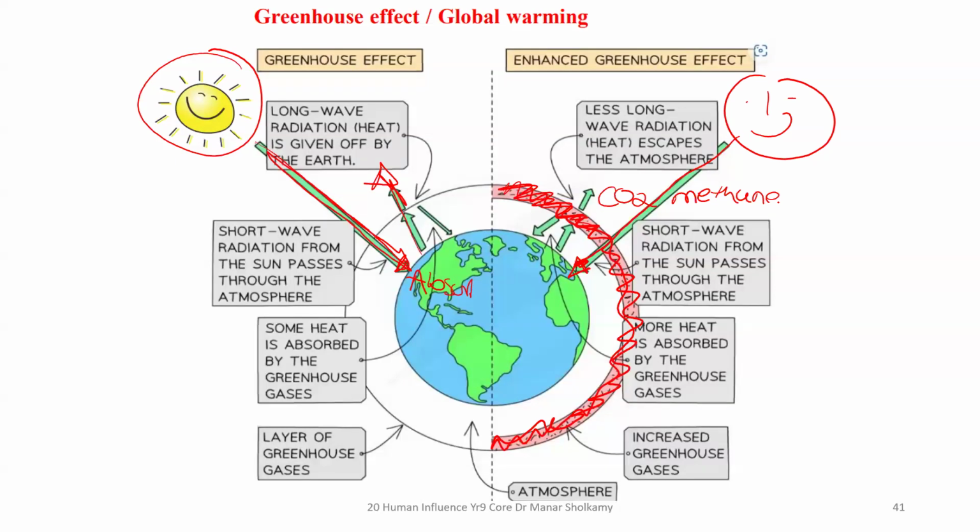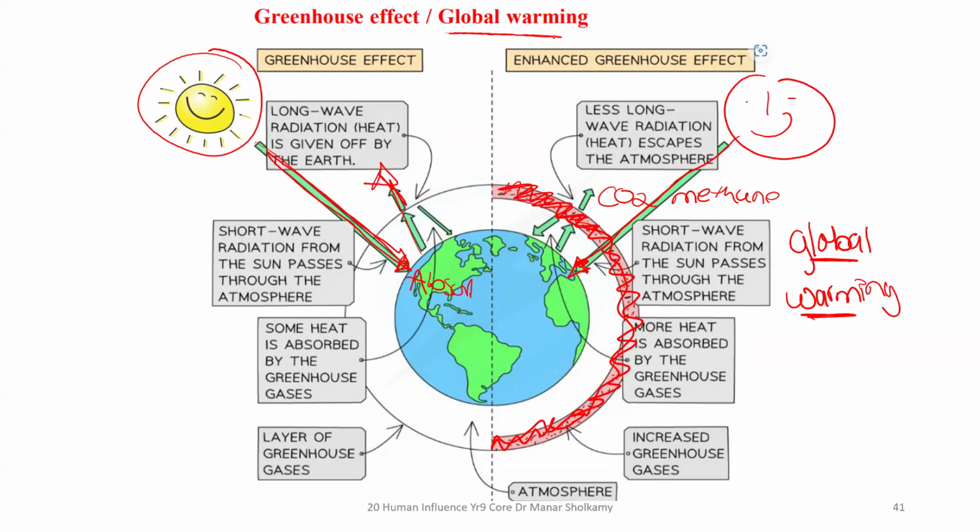So we will absorb too much heat, and too much heat will be trapped within the Earth's atmosphere, resulting in global warming. Now, the name speaks for itself. Our globe, our Earth, will be warmer than normal. And the average temperature of the Earth is going to rise above normal. And of course, this has lots of disadvantages. So please, let's understand what it is first, and let's talk about the disadvantages.